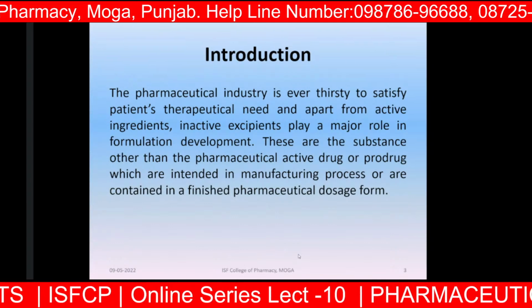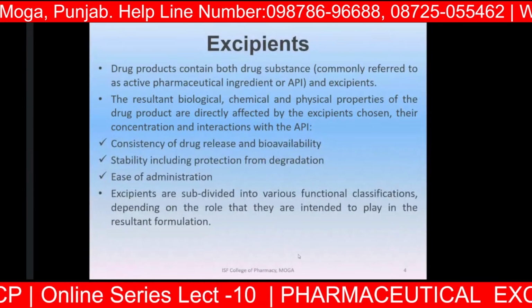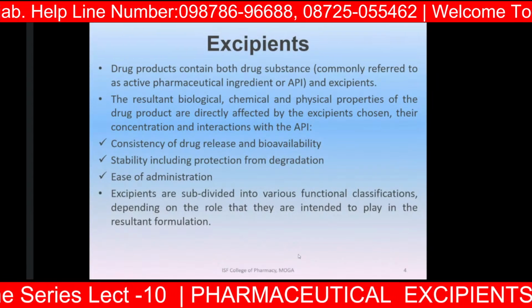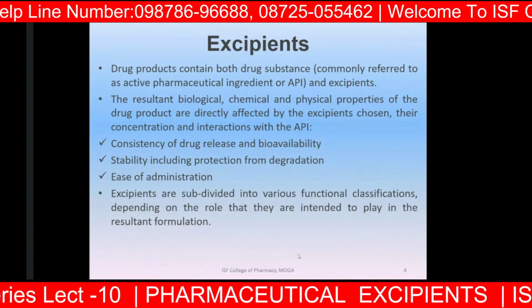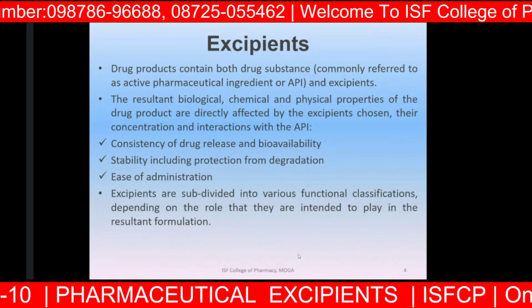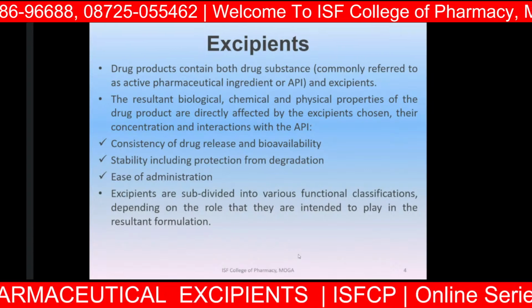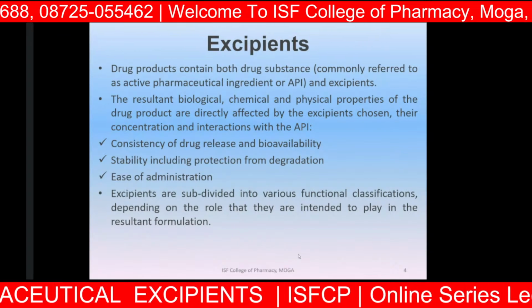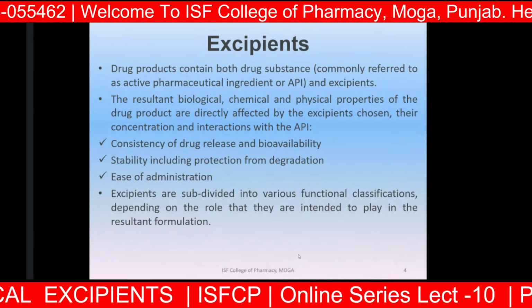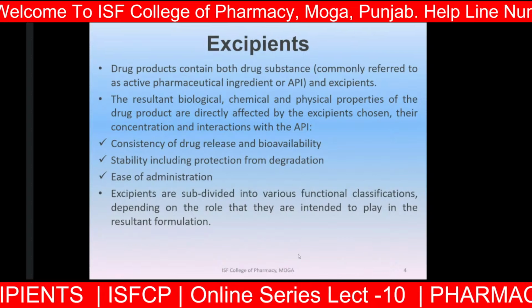pharmaceutical formulation. A drug product contains both drug substances, commonly referred to as the active pharmaceutical ingredients or API, and the excipients. The resultant biological, chemical and physical properties of the drug product are directly affected by the excipients chosen, their concentration and interaction with the API. So this is also very important: how to select the excipient and what is the role of that particular excipient